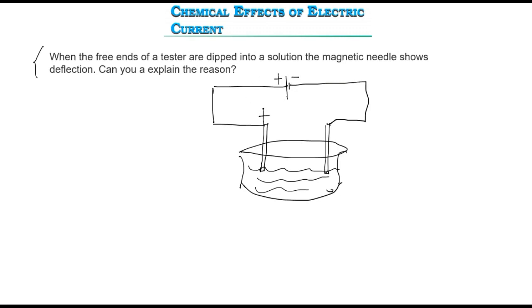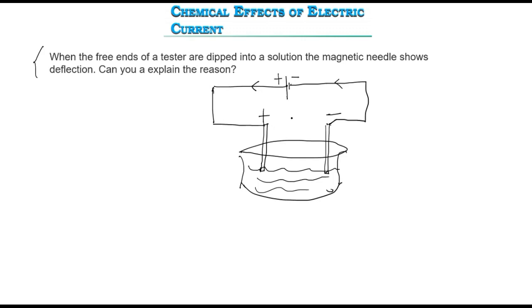So this becomes positive and this becomes negative terminal. I am not showing any direction here because you have not learnt how to show the direction of the current. However, in short, you can show this in this way, right? So from positive it then goes to negative. Okay, this is the direction of the current. So this is the circuit.